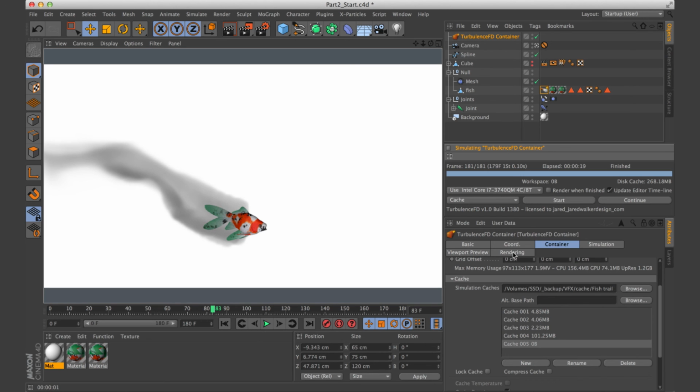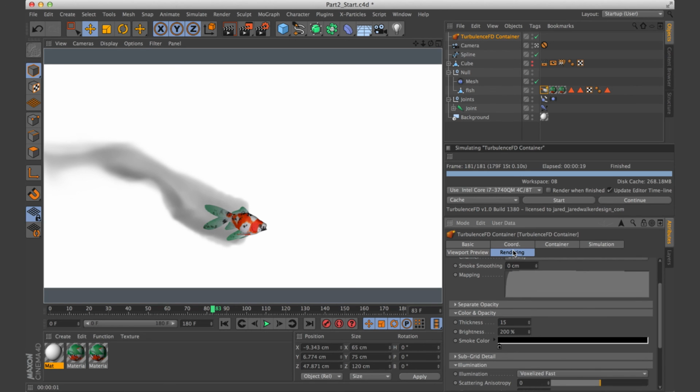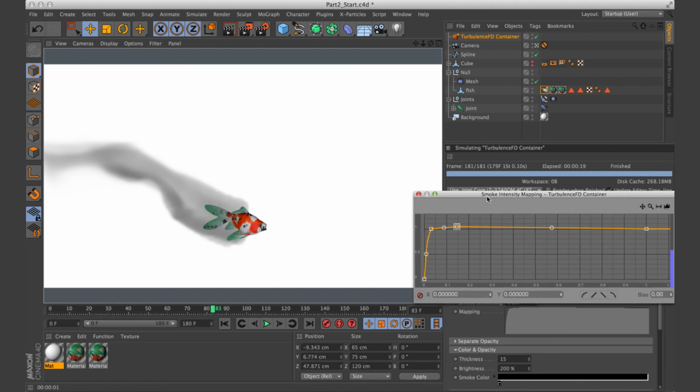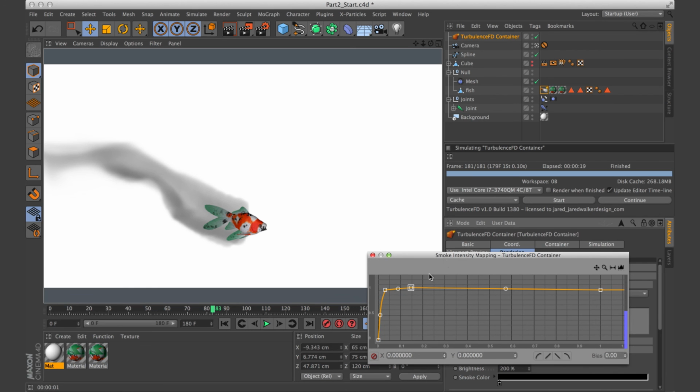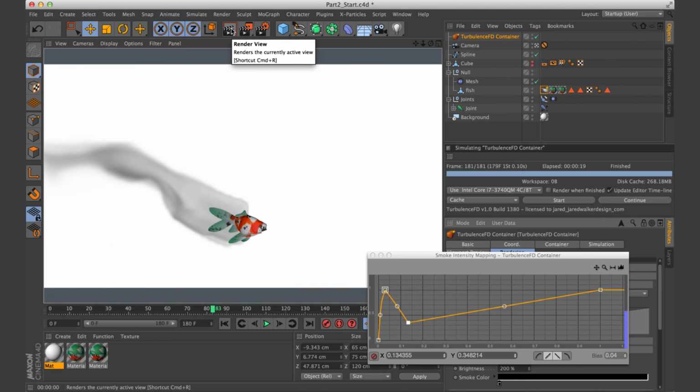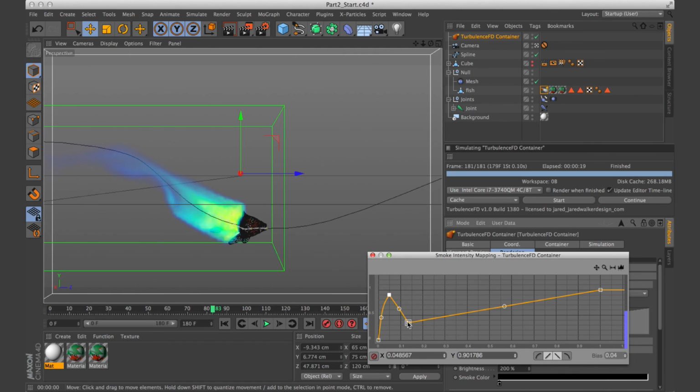And again, if we went to the mapping and changed some stuff around, it would change the look of that. And so if we went like that and rendered, you could see it changes it so that it looks different. Let's take a look at that.